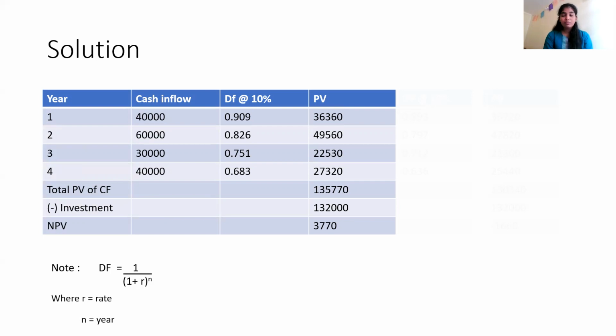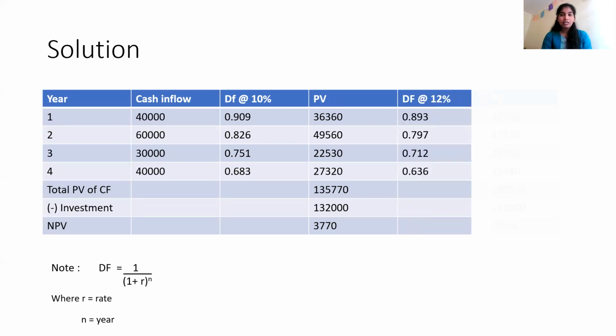And I told you, inflows minus my outflows, right? How much was my investment? My investment was 1,32,000, so you'll be subtracting that. I'm now getting a positive NPV. So when you're getting a positive NPV, what will you be doing? You will increase your discount factor. It's better that you go by little. So we'll increase by 2 margins and check what NPV we are getting.